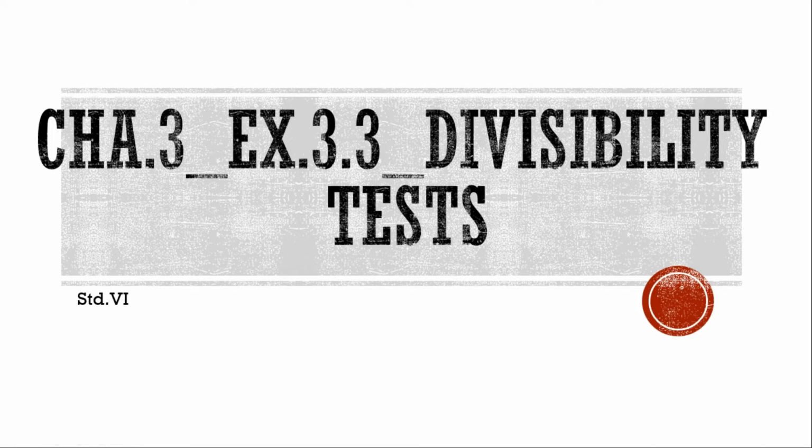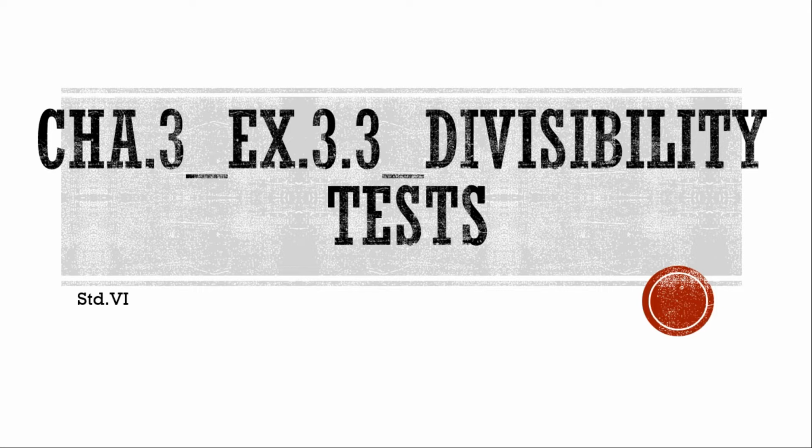If you want to know that a number is divisible by another number or not, we generally perform division and see whether the remainder is 0 or not. But it is very time consuming in case of large numbers. What is meant by large numbers? If the given number is 4 digit, 5 digit, 6 digit and 7 digit and so on. When you get a very big number, it is a little difficult to check whether it is divisible by